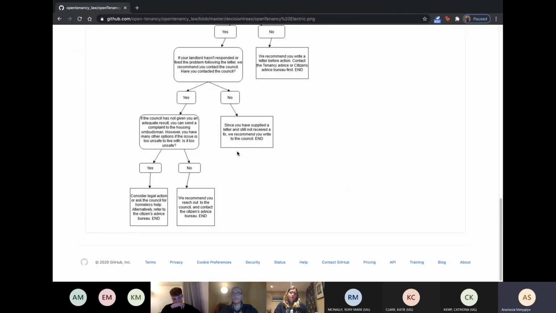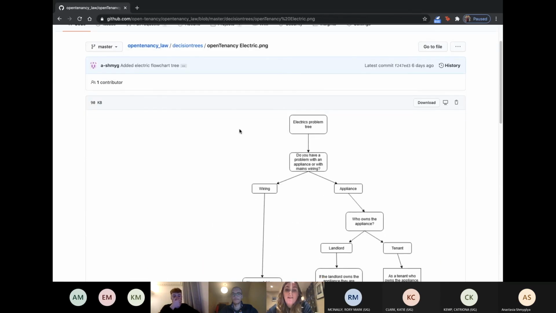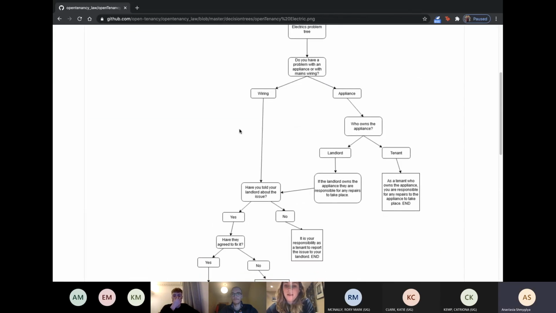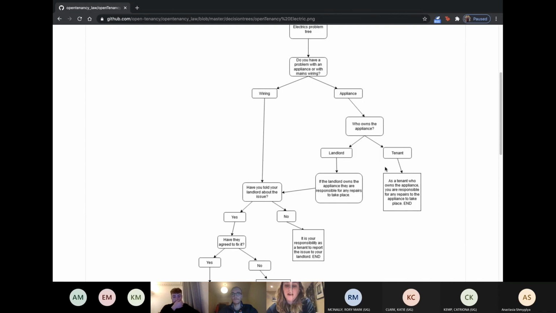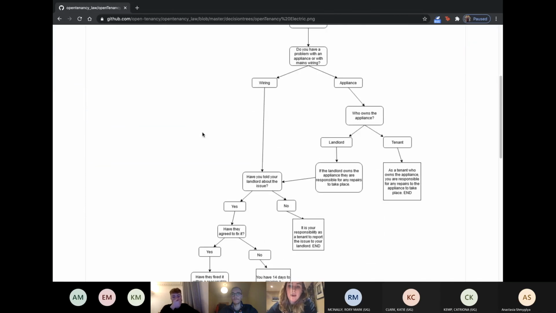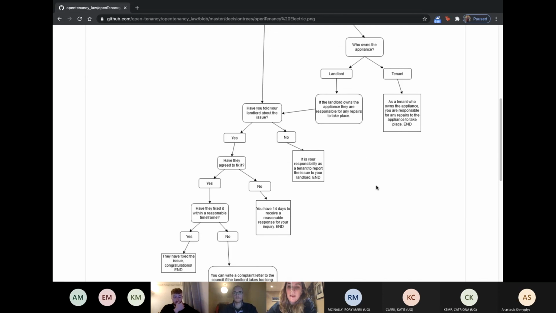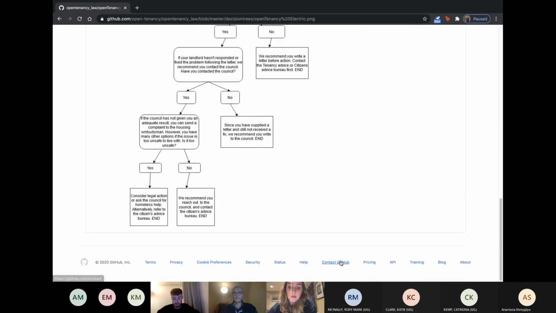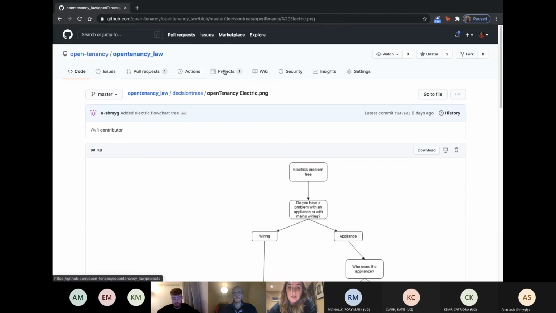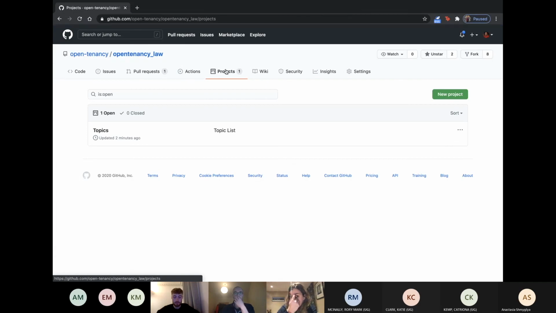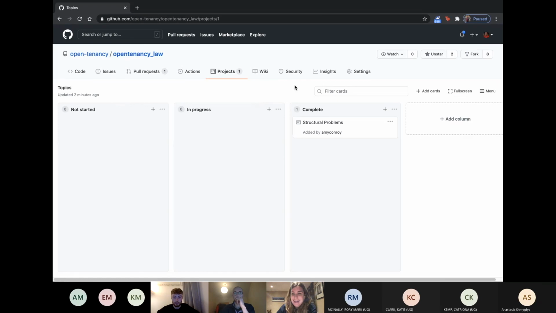Another thing as well is that if you just want to do a few questions at a time, that's totally fine. Say that there was more to go here, you can hop on and we might say, okay, from this section of the decision tree, and you can feel free to just make a decision tree that starts at this part. That's totally fine. Just whatever's easiest. We just appreciate any kind of contributions. At the minute, it's just me and Anna, so